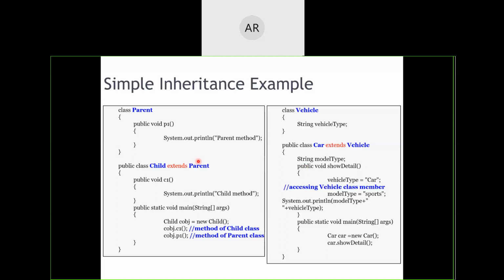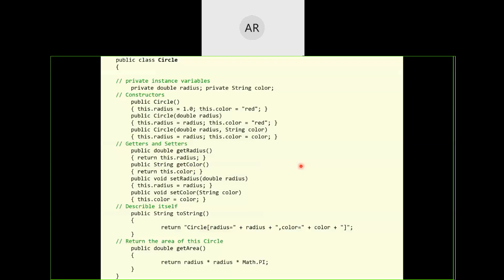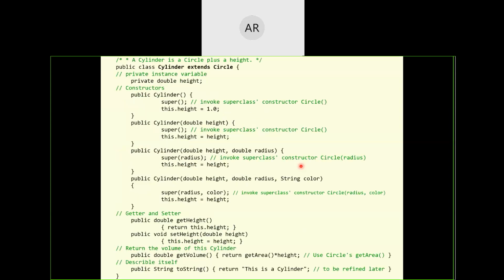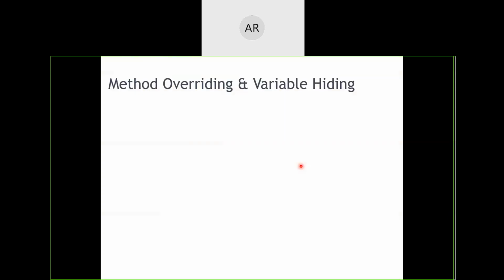So here I have demonstrated two programs for you just to make a clarity. You can select any one as an example for your exam. I've kept one more example program, meant for the circle program, which you can work around and learn from, and it has got single inheritance involved in it. So if you wish, go through those programs. Now coming to method overriding and hiding of variables.